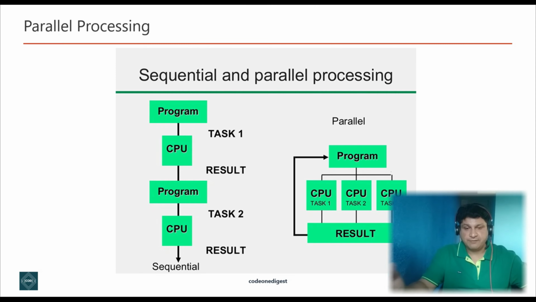So we have multiple processors available, but in a sequential flow, it always executes on a single processor. That means we are not using our hardware and resources efficiently. Though we have other processors available, they are idle because we have not used parallel processing or multi-threading in our